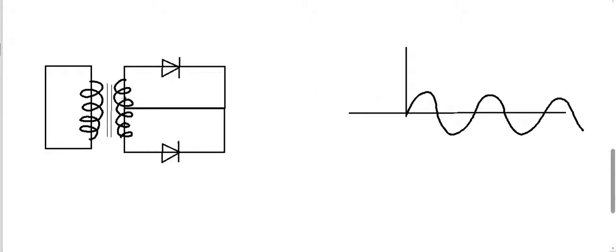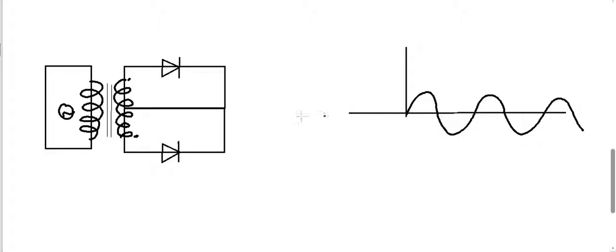Now what we have is, this is again an AC source. This is a typical transformer construction. When there is an AC here, again a voltage will be induced here, similar to this source. Suppose this is one terminal and this is another terminal.